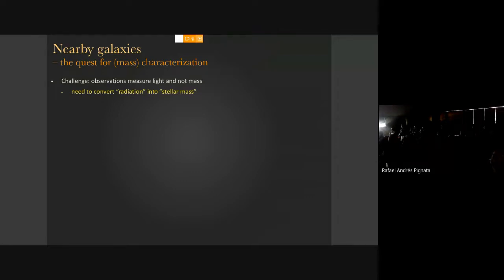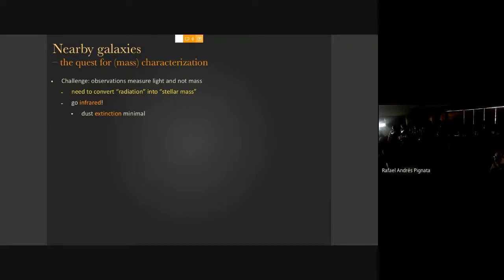The first thing is that we look at light. We need to transform that into stellar mass. We're not looking at a cosmological simulation, although I'm starting to dive into that, and it's wonderful because you get the mass. But when we're using observational data, then you need to actually make this transformation. And the argument really is to go to the infrared. It has less extinction. I think that's pretty clear to this audience, probably.